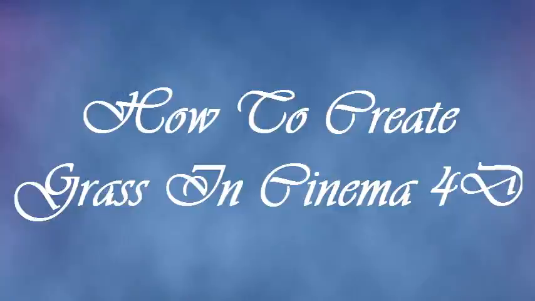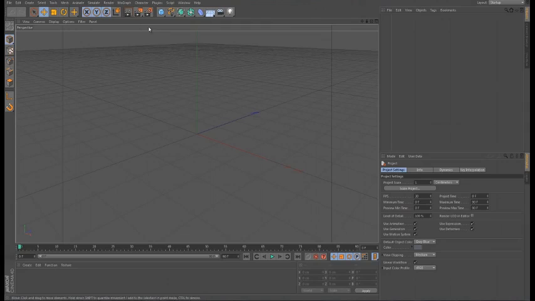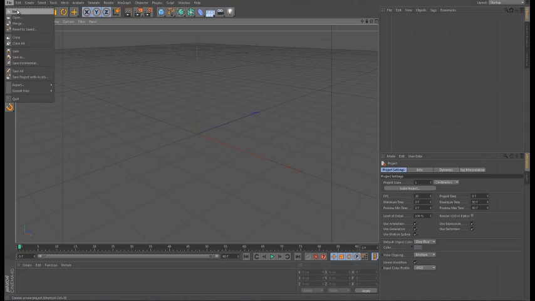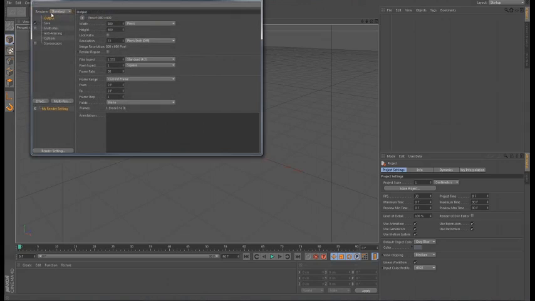Today I'll be showing you how to create some grass in Cinema 4D. Let's get started. Okay, I'm in Cinema 4D, go to File, New, and then go to your render settings over here,